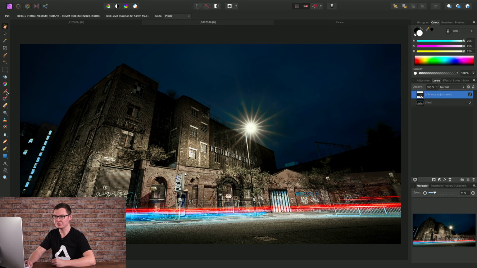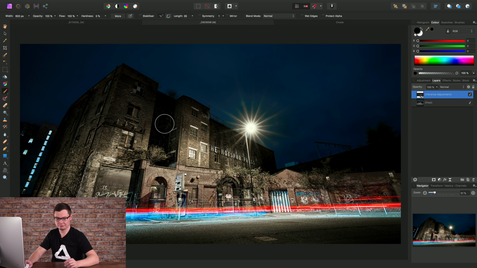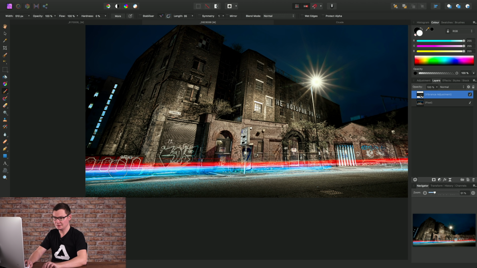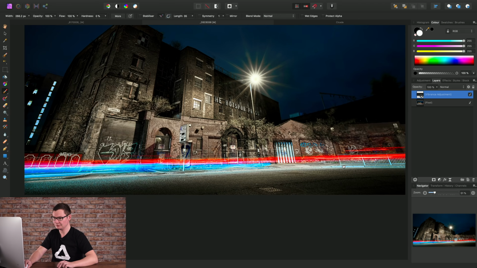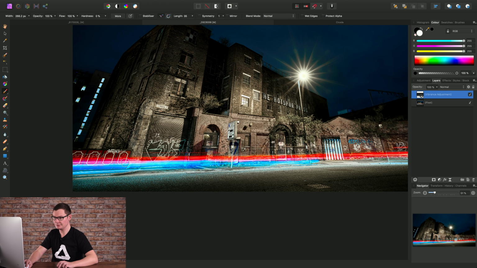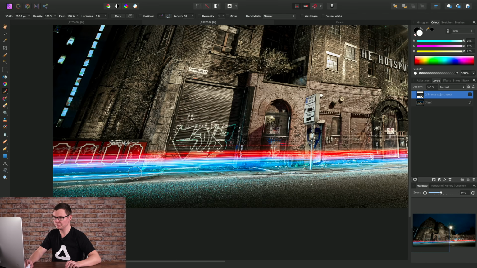And then all we need to do is get the paintbrush tool, make sure our active colour is set to white, and just paint back into the mask down here over the light trails. Okay. And just to give you an idea, I'll turn that layer off so you can see the before